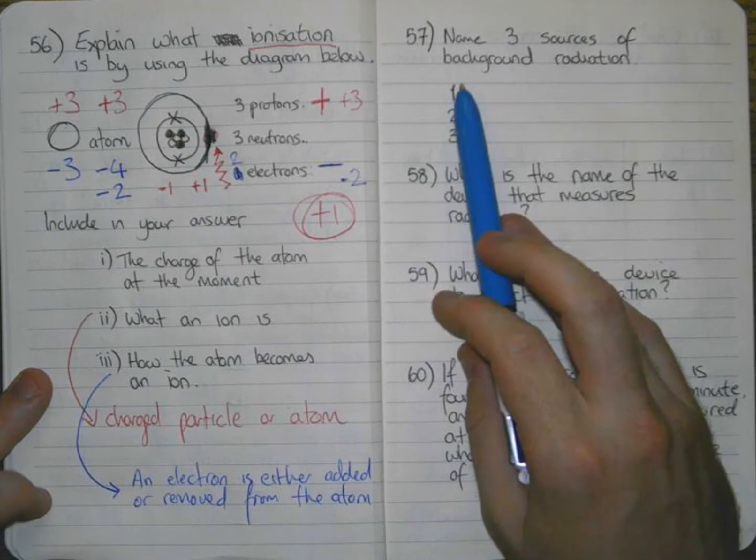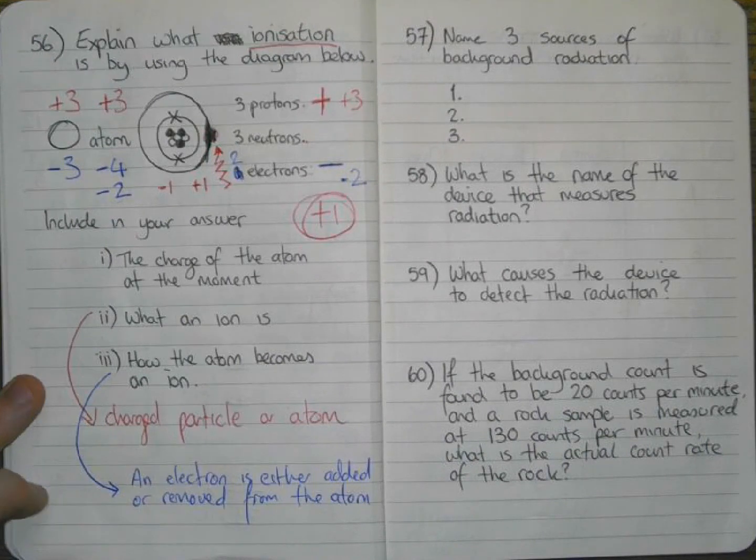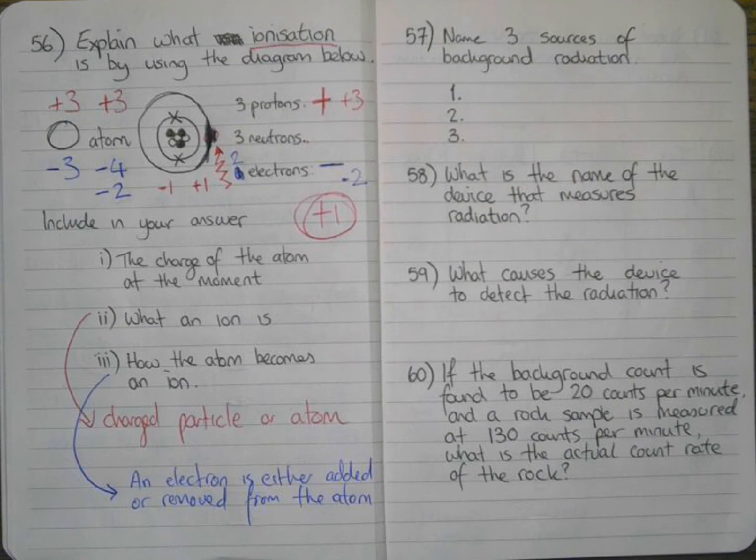Next, name 3 sources of background radiation. So 3 places where background radiation comes from. Check your revision guide, see if you can pick out 3. Okay, so 3 sources of background radiation. There's about five or six kind of obvious ones to go for here. My top three are